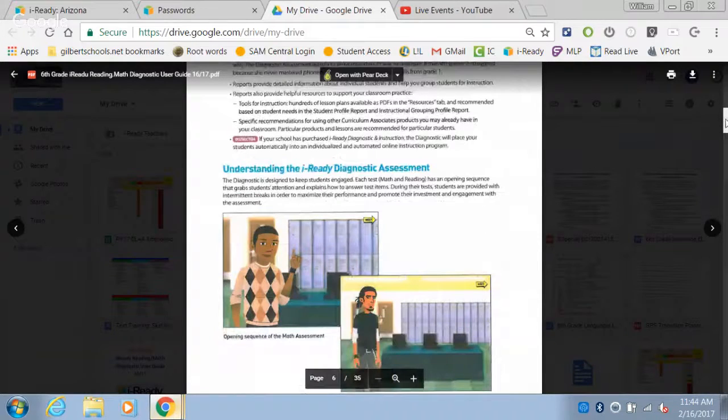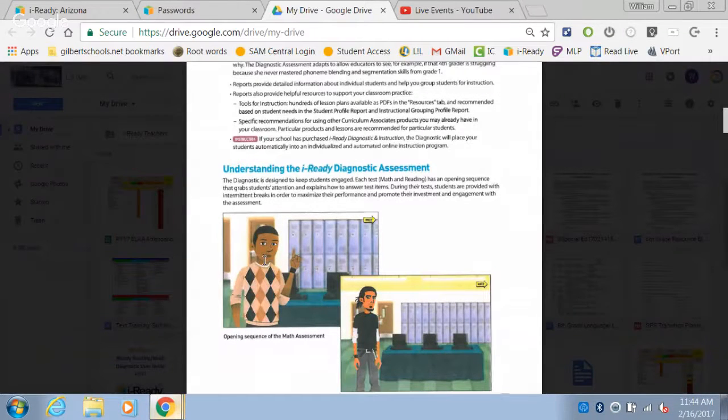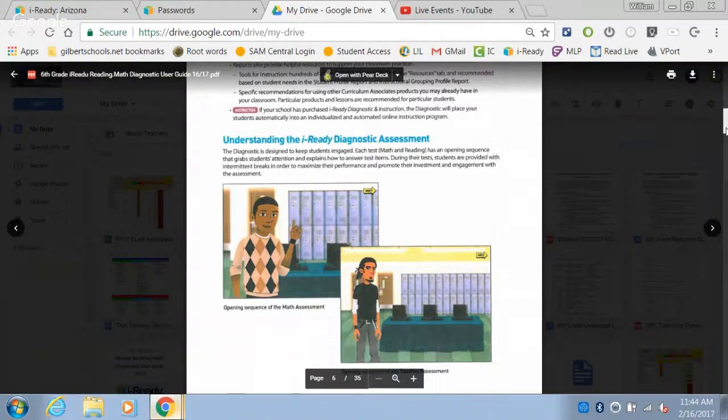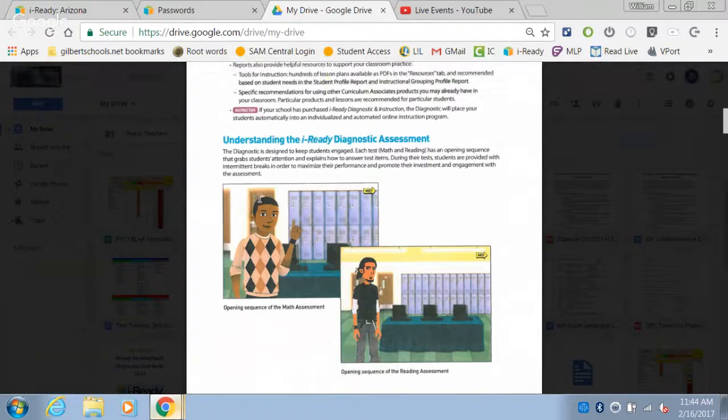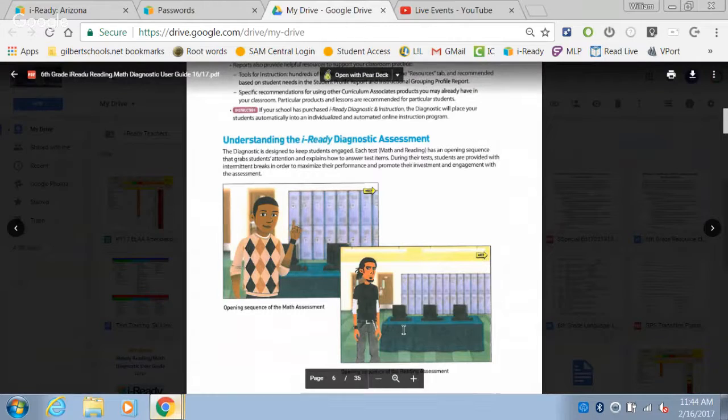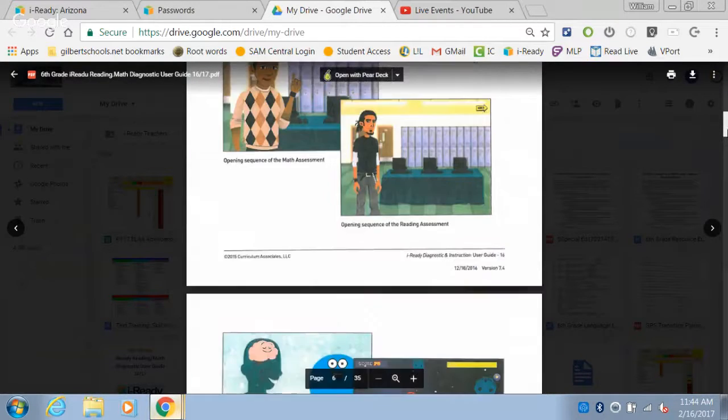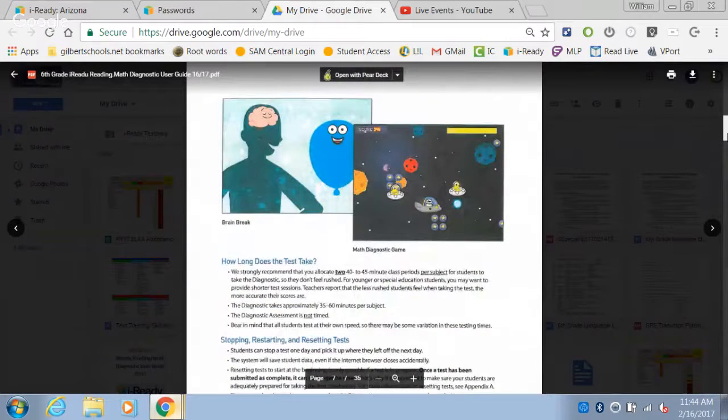Moving down a little bit more, we're just looking at some basic information on what the assessment itself looks like from a technical level. You can see here, this is the opening screen that students will see as they begin the math assessment. And then down here, this is the reading assessment. There is a cartoon character who does help lead the students through the assessment and provide directions. So you can see those individuals here. Moving down a little bit more,